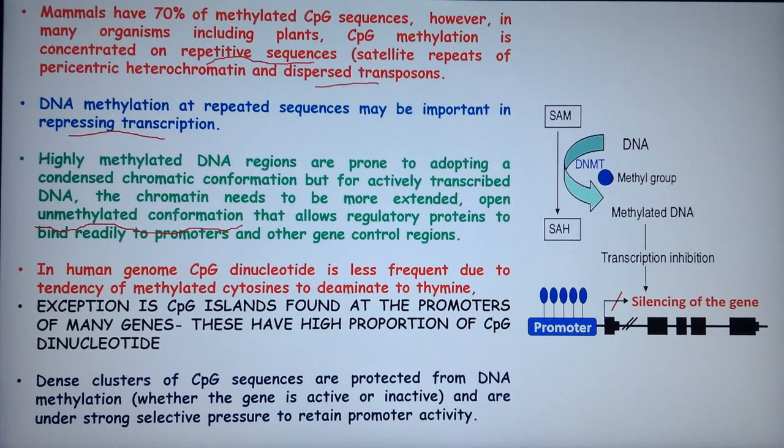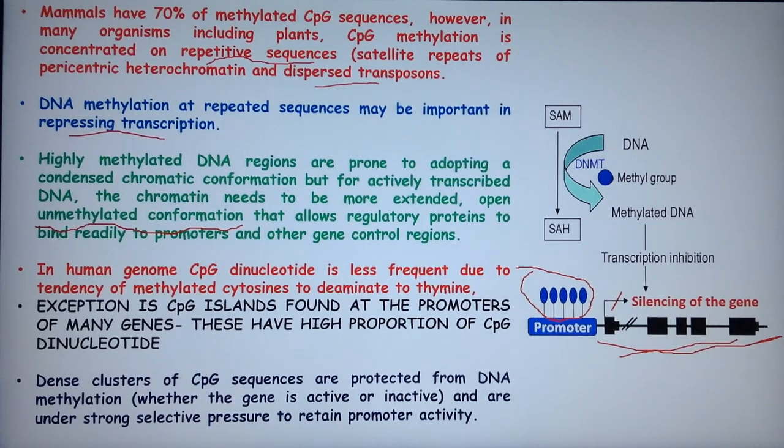So here we can see this is S-adenosylmethionine, this DNA. Here this is a promoter which is methylated. So a methylated promoter will result in silencing of the gene. Whenever the promoter is methylated, or the upstream or downstream sequences of the promoter are methylated, and they don't allow the binding of other factors which are required for transcription, it will result in the silencing of the gene. Or we call it imprinting. If that pattern is maintained from parent to daughter cell, we call it imprints.